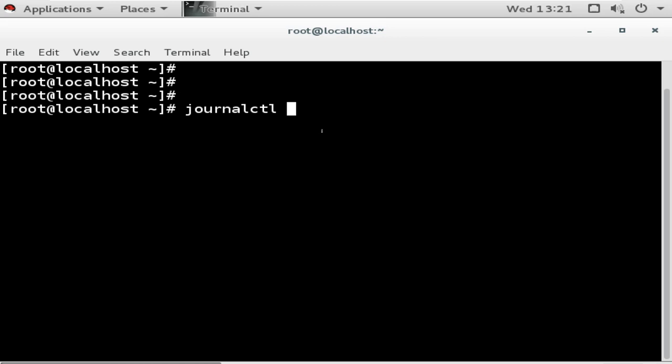-b will show you the last boot logs. So if you are facing any problem, you can use this, and it will show you the logs from the last boot.